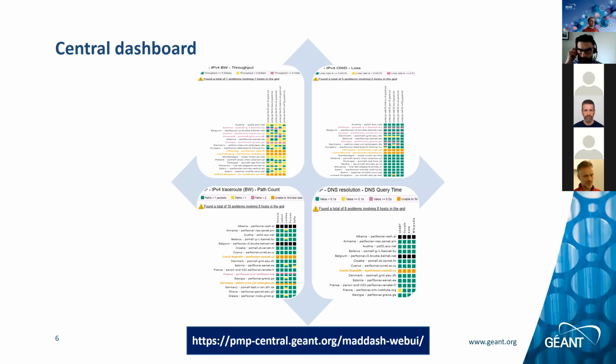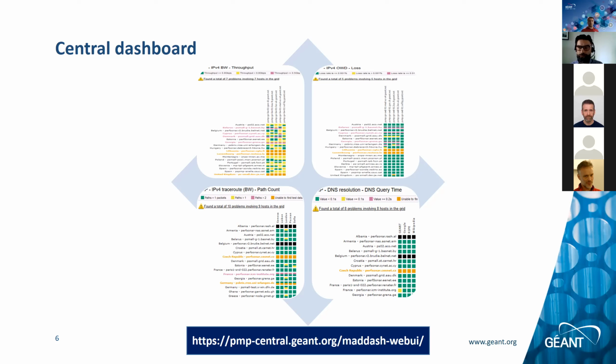So the central dashboard, here is the URL you might go into and see those well-known MaDDash matrices, the two-dimensional graphs where you can see the list of the pMP nodes in the NRENs, and then you have the GÉANT MPs. That's for the tests like throughput or delay and packet loss. And for DNS and HTTP, you again have the list of nodes and those 4 websites which we are measuring to. And of course, the colors are reflecting the current status of the measurements or the nodes,